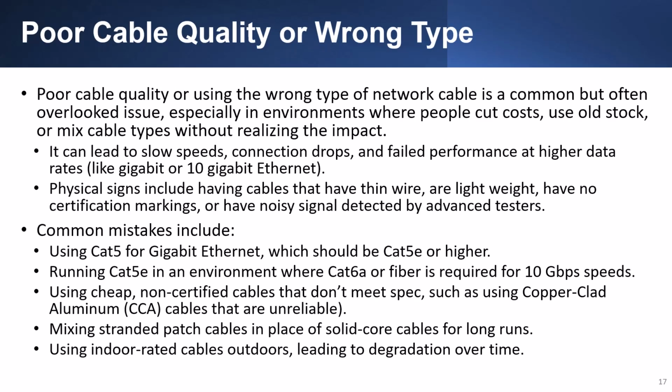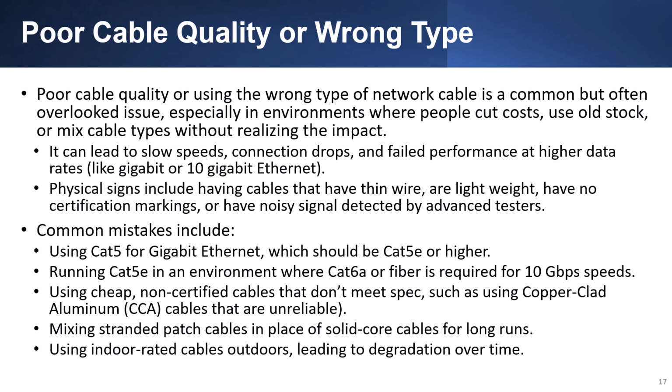Poor cable quality or using the wrong type of network cable is a common but often overlooked issue, especially in environments where people cut costs, use old stock, or mix cable types without realizing the impact. It can lead to slow speeds, connection drops, and failed performance at higher data rates like gigabit or 10 gigabit Ethernet. Physical signs include having cables that have thin wire or lightweight, have no certification markings, or have noisy signal